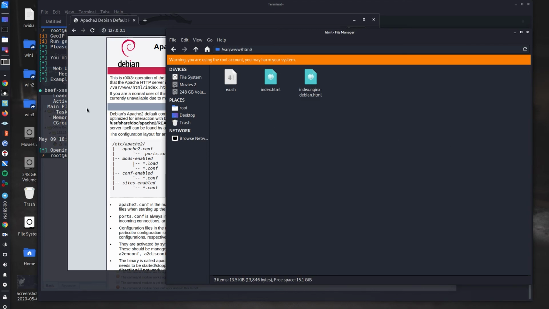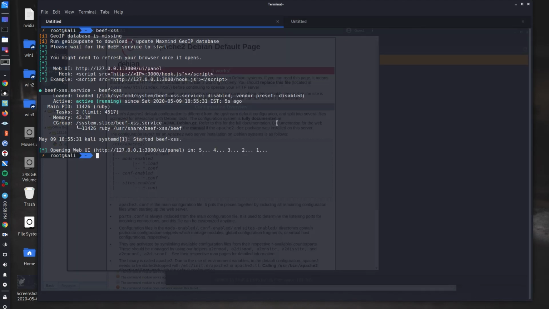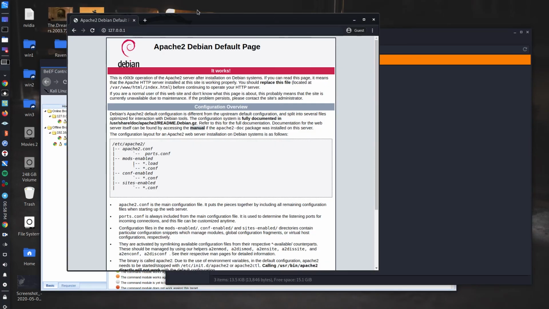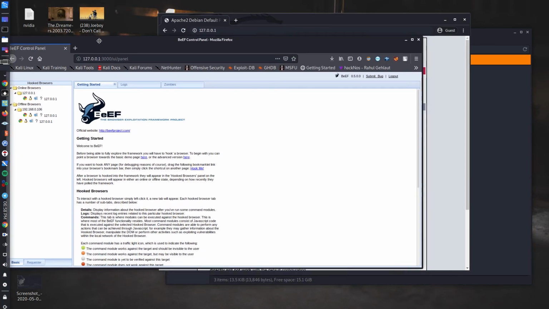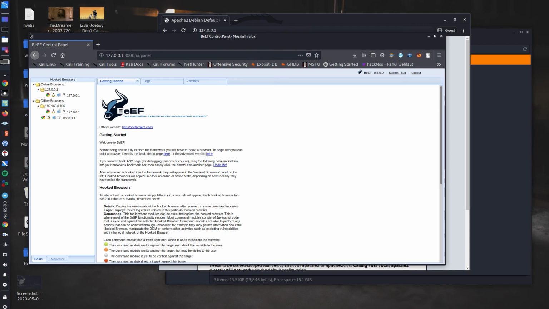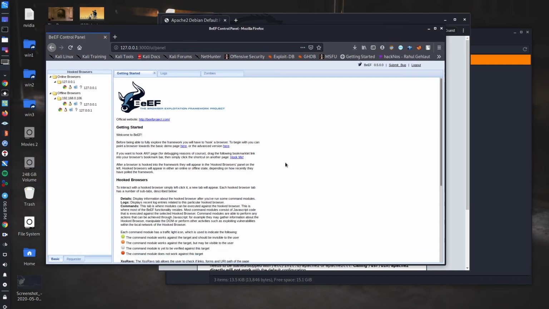So that's the idea. What BEEF does is it tells you to include this script inside that page, so that BEEF can interfere with the incoming visitors.